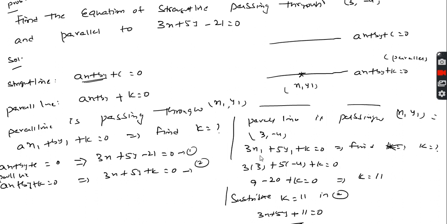Therefore we substitute x1 = 3 and y1 = -4. Then we get k = 11. Substitute this k = 11 in equation 2. Then we get 3x + 5y + 11 = 0. That means this line is parallel to 3x + 5y - 21 = 0. And similarly,